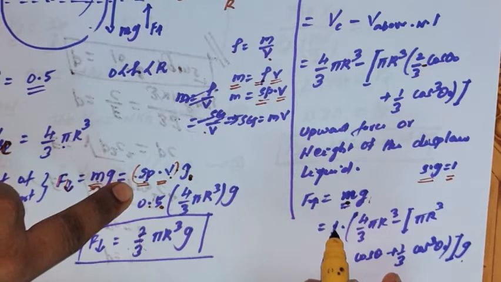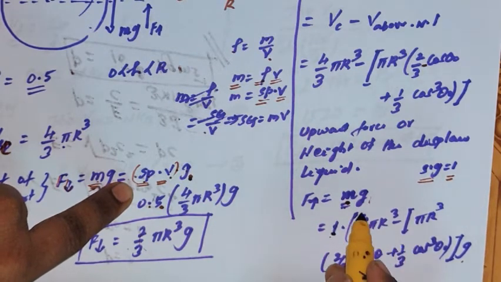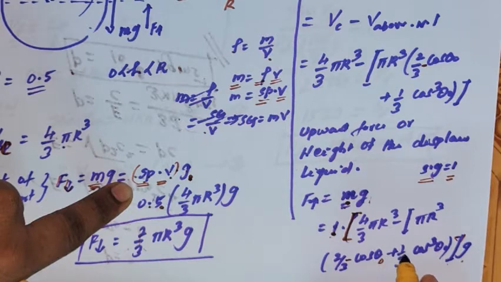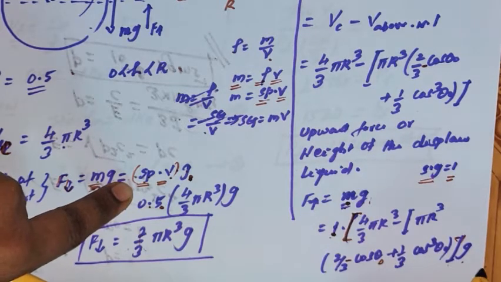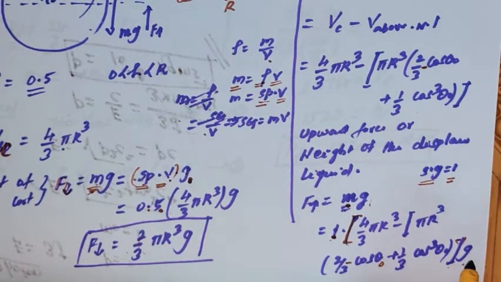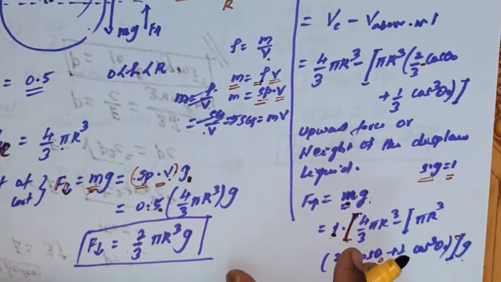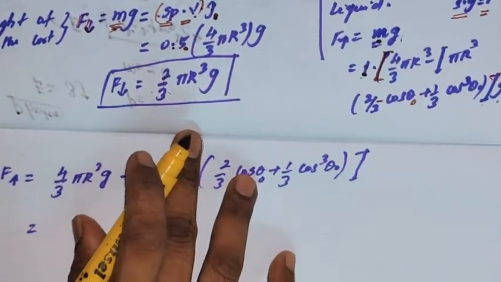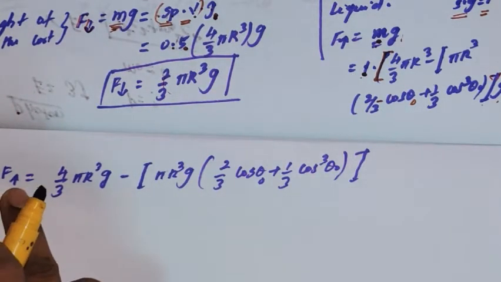The specific gravity of the water is 1. Here the amount of volume displaced is this much volume. Here it's 2 by 3 minus cos theta naught plus 1 by 3 cos cube theta naught times the acceleration due to gravity. Hence if you multiply this g inside, it will give the upward force or the weight